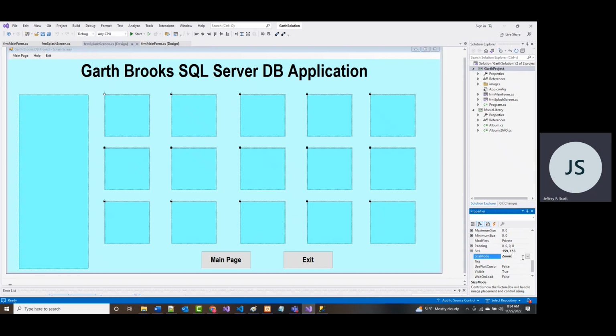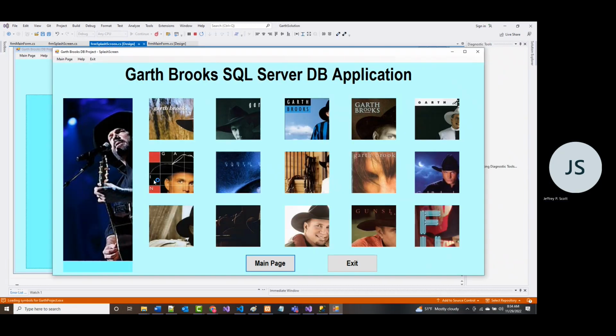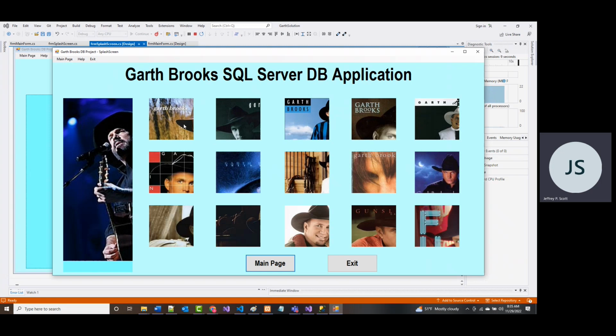I want to show you the difference because originally it just said normal. So when you ran it, it didn't look very good. All right. I mean, here you can't even see anything. Here Garth is pretty much cut off. Here it doesn't look very good. Here's part of his hat. That just doesn't look good.